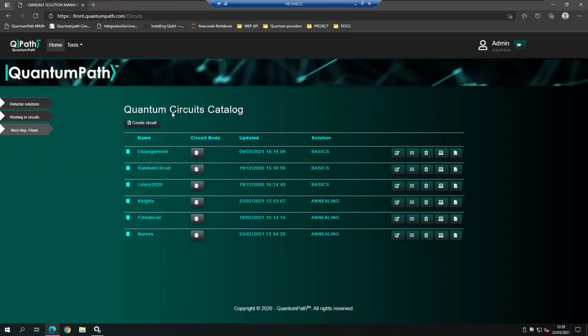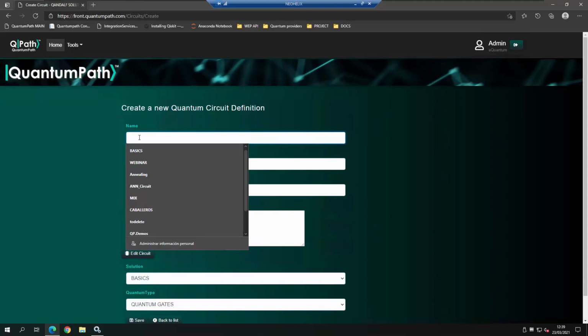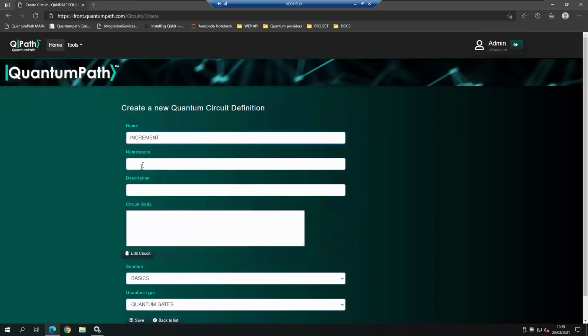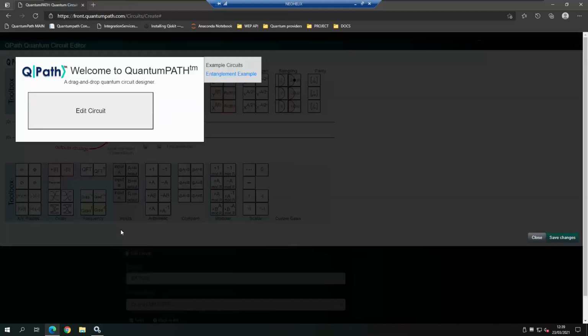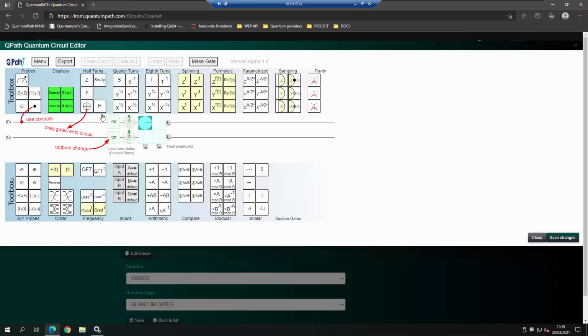Inside our quantum circuit catalog, the next step is the creation of a new circuit. We will call this circuit increment in the namespace webinar with a description of quantum increment operation. Circuit body. In this moment, we need to create our circuit. Keep in mind that we are working using the quantum gate technology. So this click on Edit Circuit button will react to this technology. When I click on the Edit Circuit button, the quantum circuit editor is open and we can begin designing our